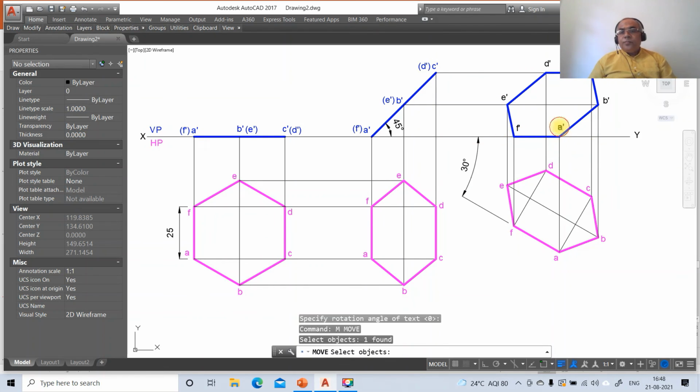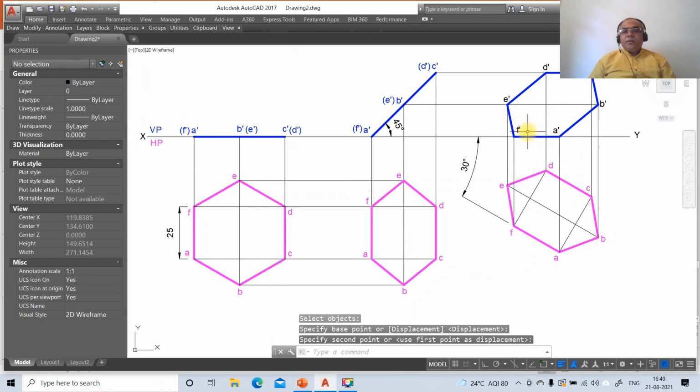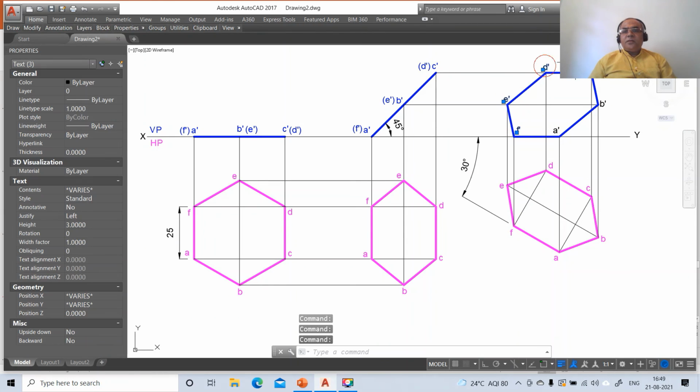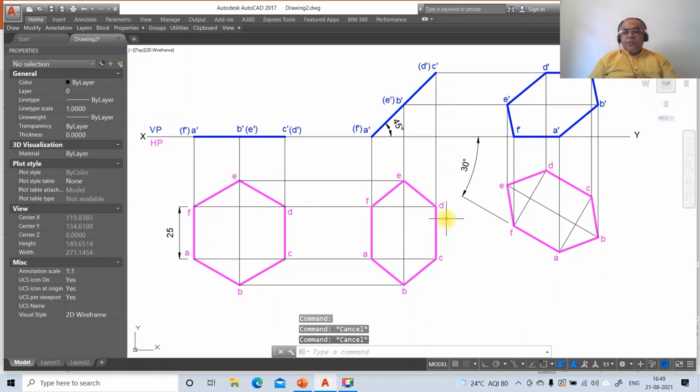Then just go to move, so select A dash, then B dash, then C dash, then D dash, then E dash, then F dash. Now you just select all these 6 points and change that layer to front view, and you just go to move, so you just break this here and then go to move, select this and you copy this here.